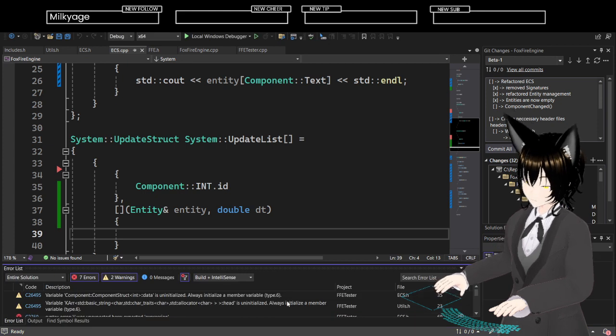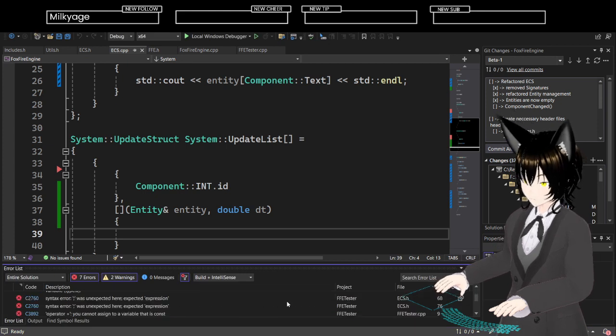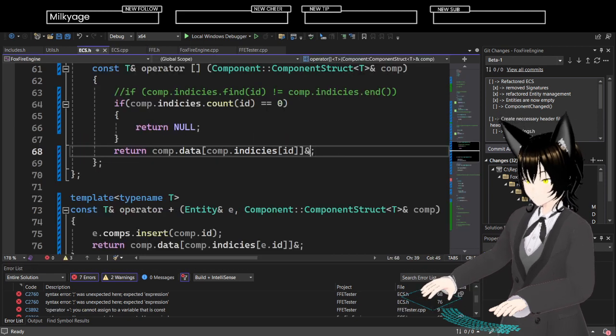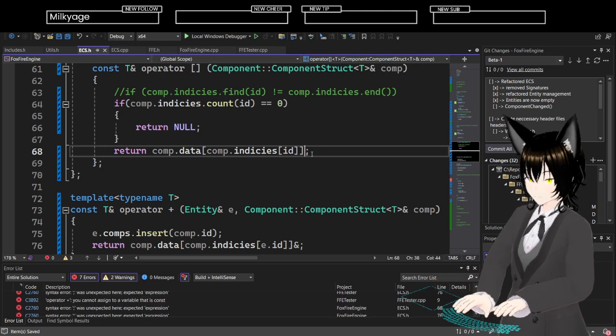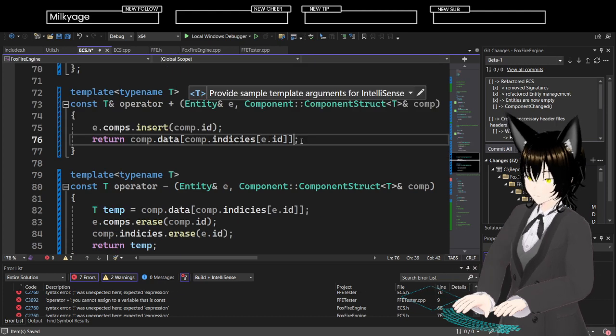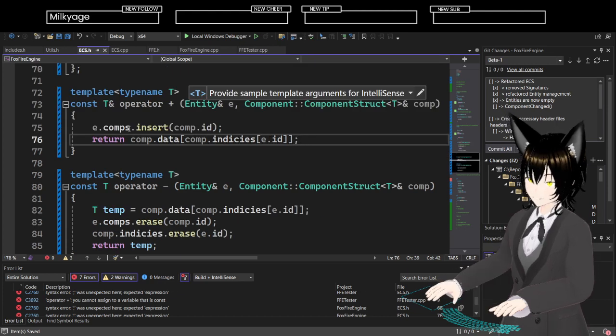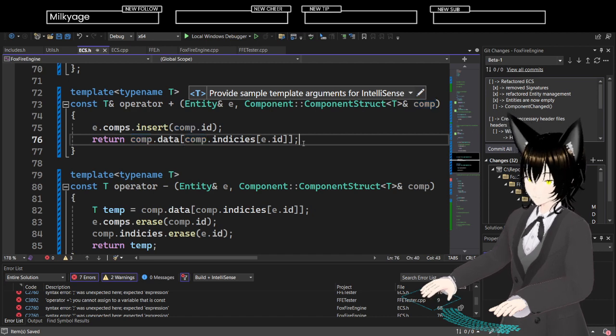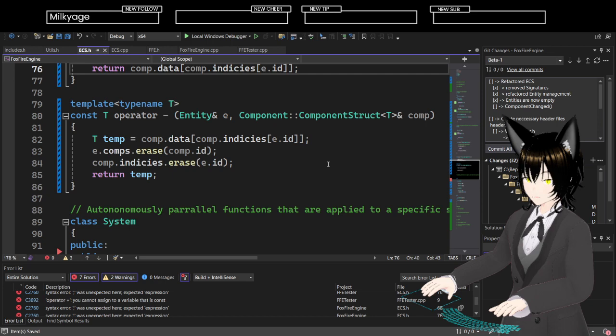Wait, what? Tester ECS.h on line 68. Yeah, it should be. Yeah, because I can't dereference it.